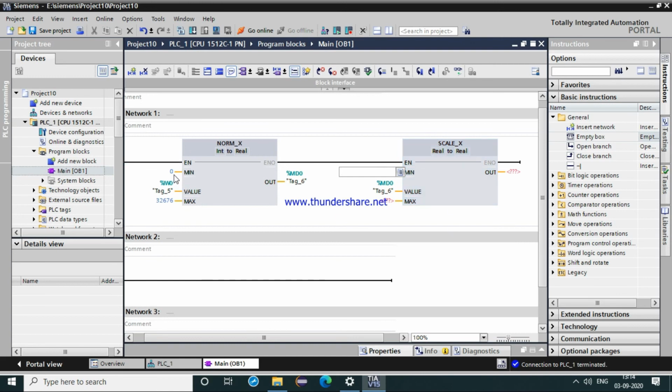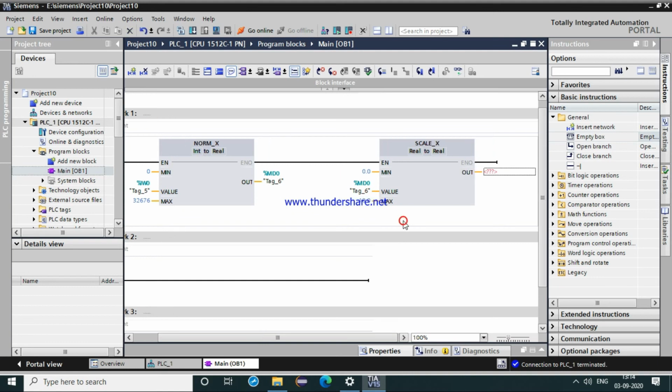Now here the integer range is from 0 to 32,000, but if we have a tank of 10 liters and want it to range from 0 to 10, then we will give this tag at the input, and the output we will save in another memory double word, that is MD4.